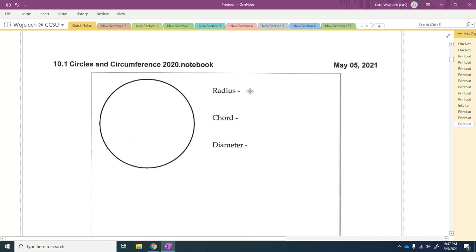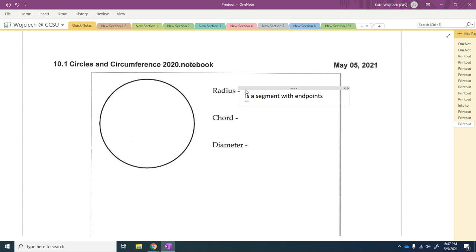A radius is a segment with endpoints at the center